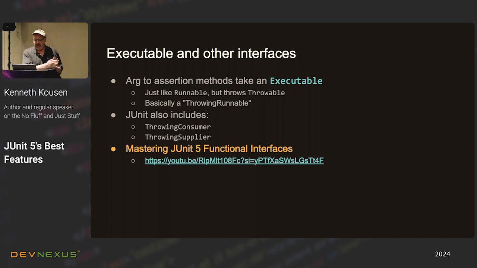So the version of the assertion method I was using there was a method that took as an argument a throwing supplier, believe it or not, all because they're willing to let your test throw an exception. Now, you don't need this very often. I made a little video about it on my Tales from the Jar Side YouTube channel. Whoa, marketing. I feel like Neil Ford now. At any rate,